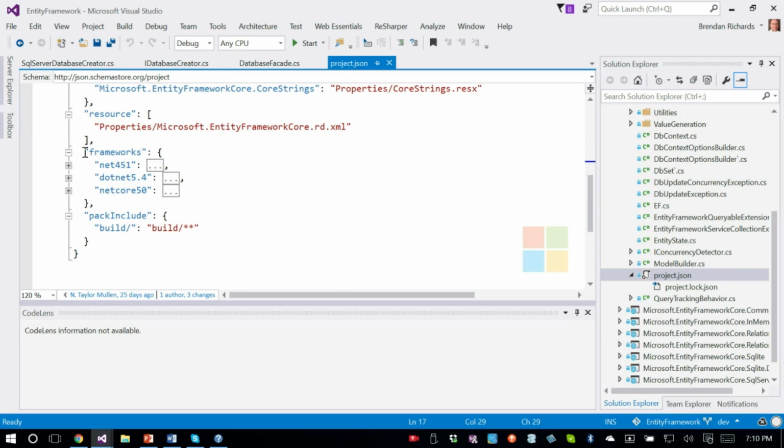And right in here, you've got this construct called frameworks. So this is the frameworks that this thing can target. .NET 4.5.1 is the .NET framework in full shape that we're used to. .NET Core 5.0 is the new .NET Core engine. And what's different about that is where .NET 4.5.1 would be a complete big framework that you'd have to download, I think it's like 50, 60 megabytes, this .NET Core is a very small core that then dynamically loads in the bits and pieces it needs.